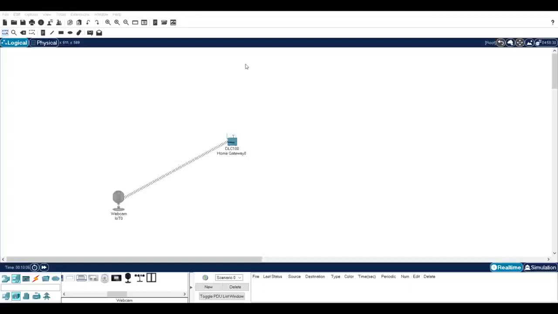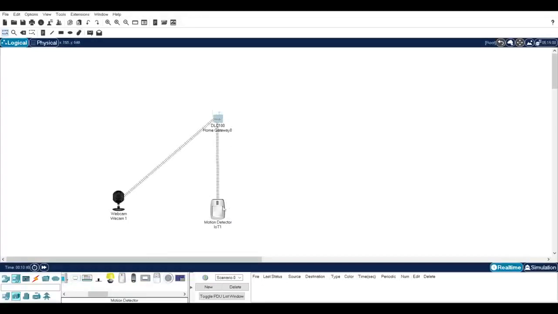Then go to the configuration and in that change the display name to webcam 1. For motion detector, again we have to go to End Device, Home, and there you will find motion detector. Drag it to the workspace.